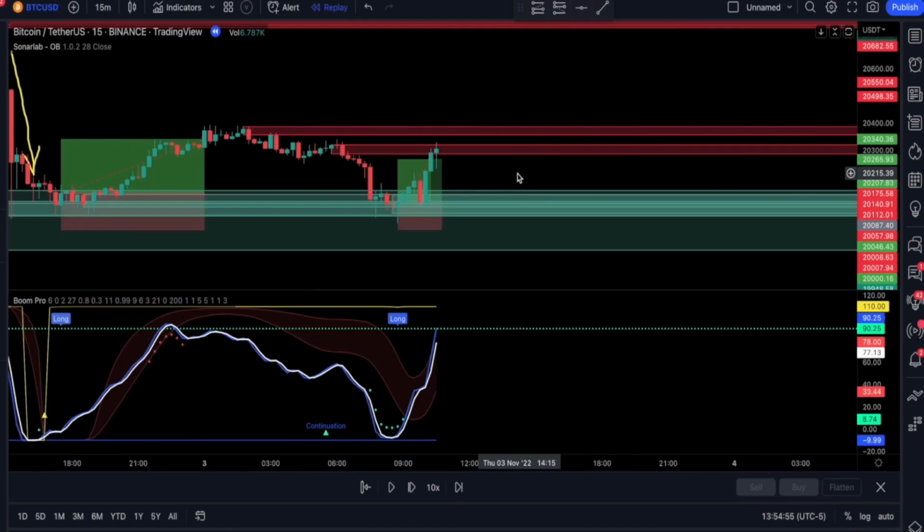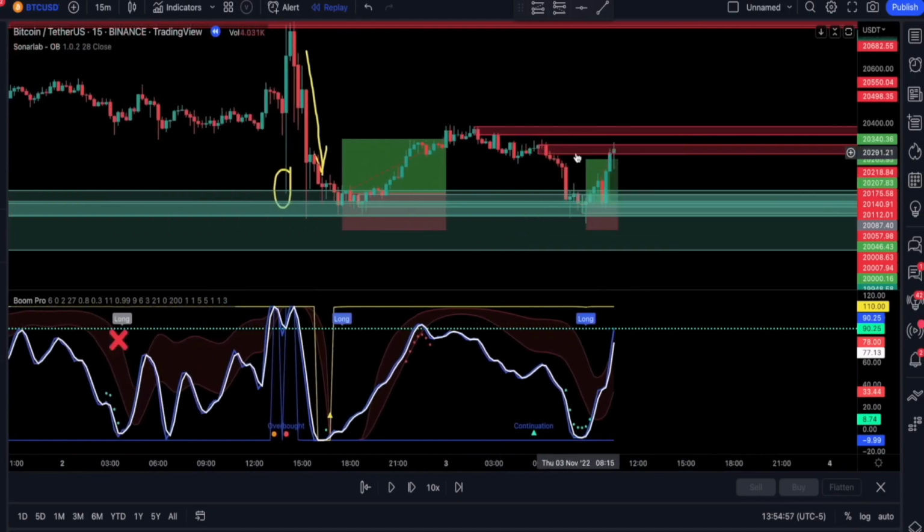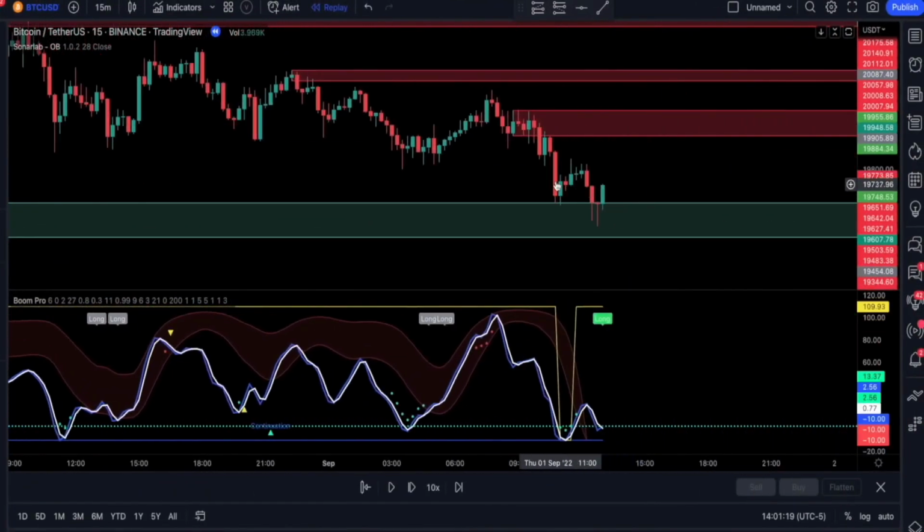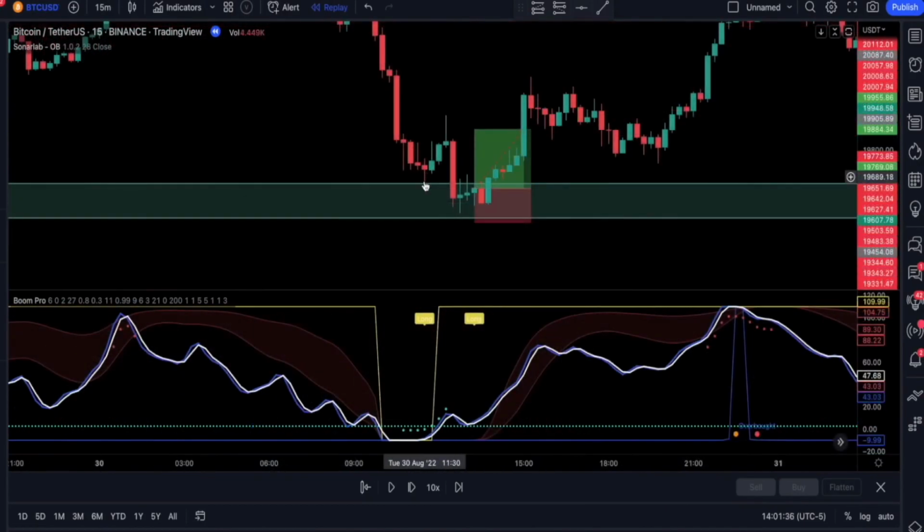Alright, so we see the market respected the bullish order block again, and we had another successful entry. Here are two examples of why you should wait for the order block to get retested at least once before you enter the trade. For example, if you enter the trade at the first pullback, you are at high risk